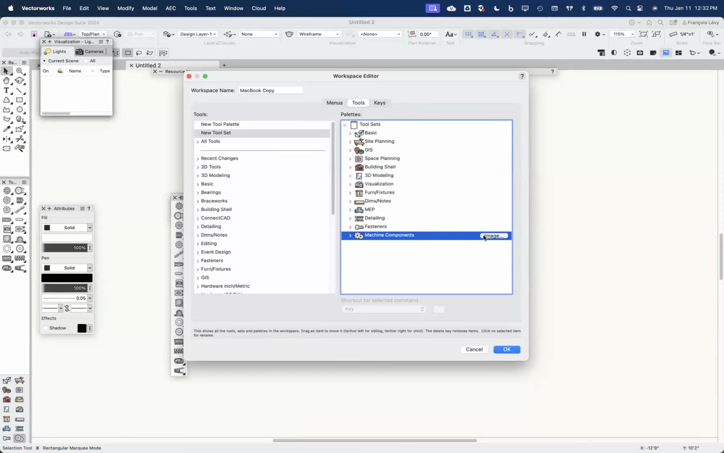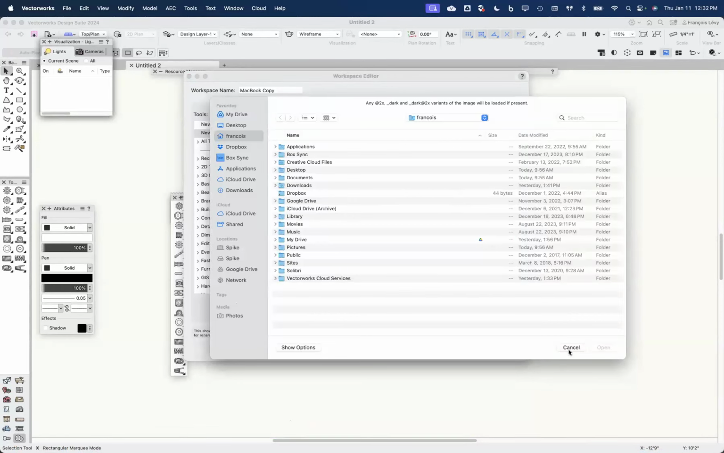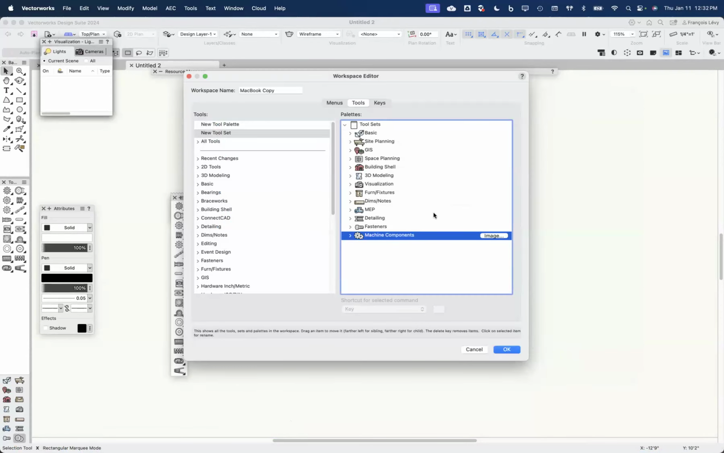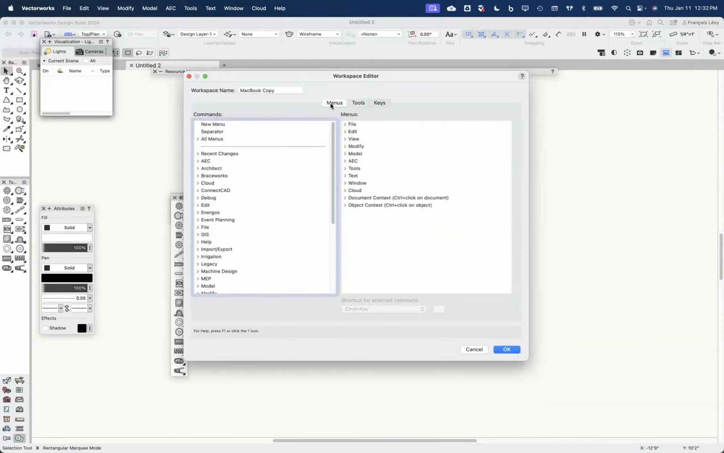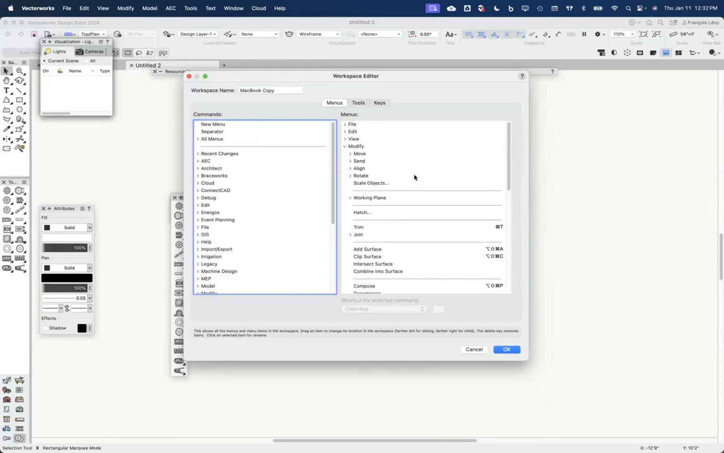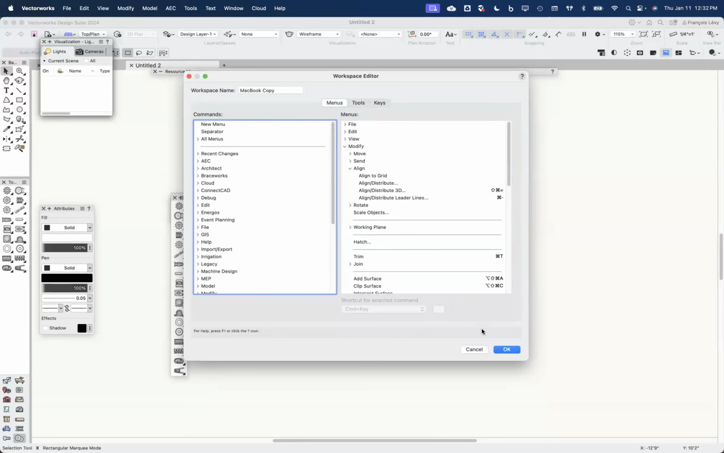So let's see. All right, but probably a more important function in my mind is to create keyboard shortcuts. I'm a huge proponent of keyboard shortcuts. And so the way that works is I'll start with the menus. So let's go to Modify, and there's Align. Now I'm going to